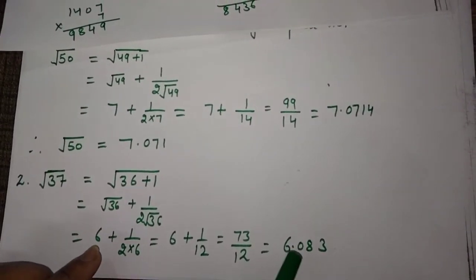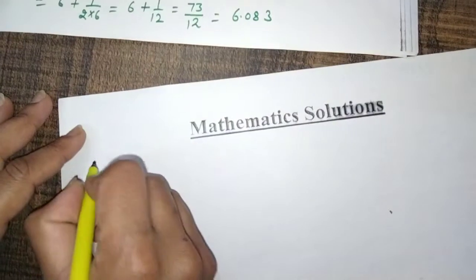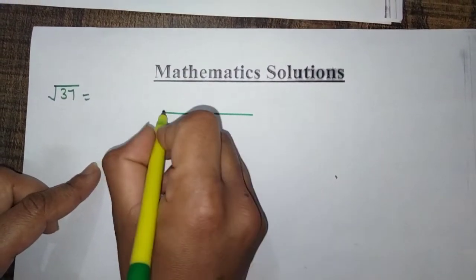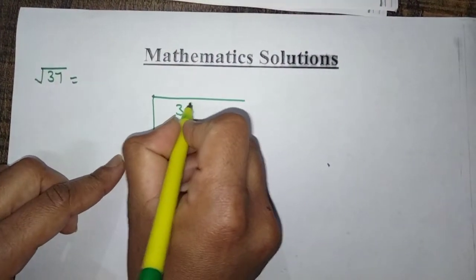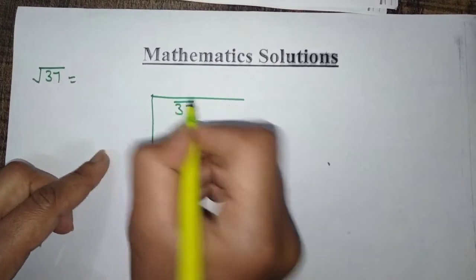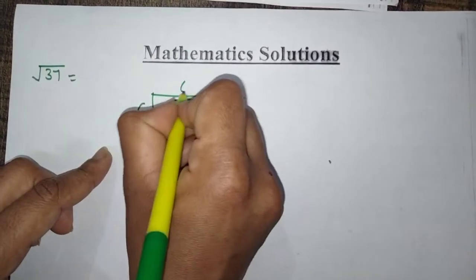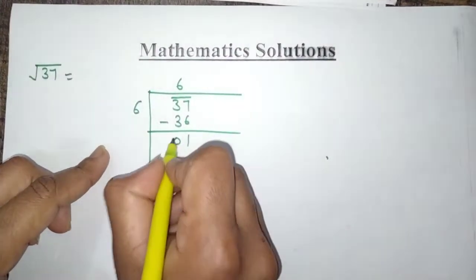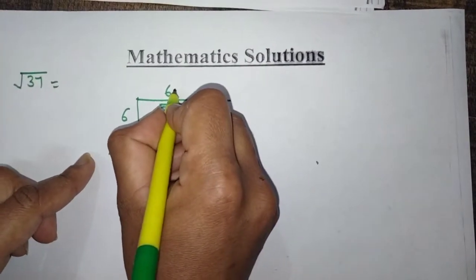Now let's verify the square root of 37 with the long division method, to see if the answer is the same in both methods or different. Now we will do it with the long division method. Write the number inside this division sign. Mark off the digits in pairs from right to left. Now find the number whose square is less than or equal to this, and we know that the square of 6 is 36. Now subtract, 7 minus 6, 1, and 0. Add these numbers and write here. Put a blank here and place a decimal here.